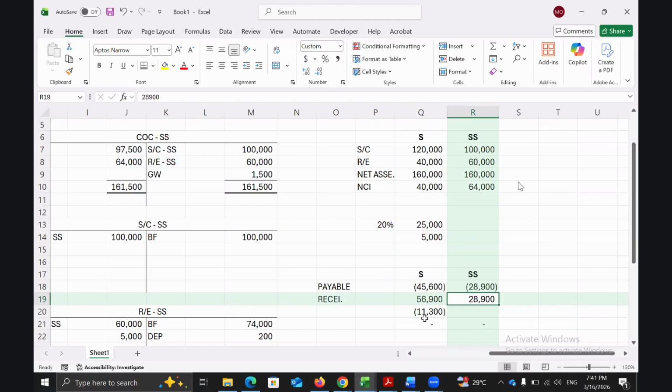Here it's clear. Set off by 28,900. That's the intergroup receivable. But when it comes to the payable,